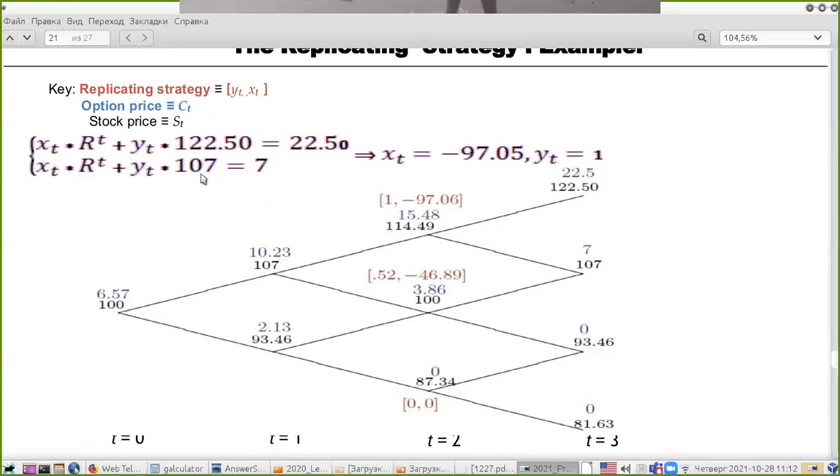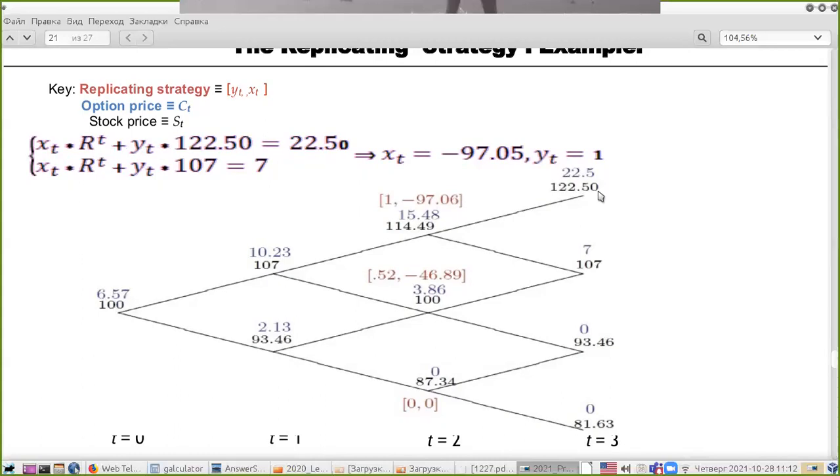For this, we should write and solve the system: xt multiplied by rt, where R capital is 1 divided by 1 plus r little, it is the discount factor, and yt multiplied by this value 122.5,